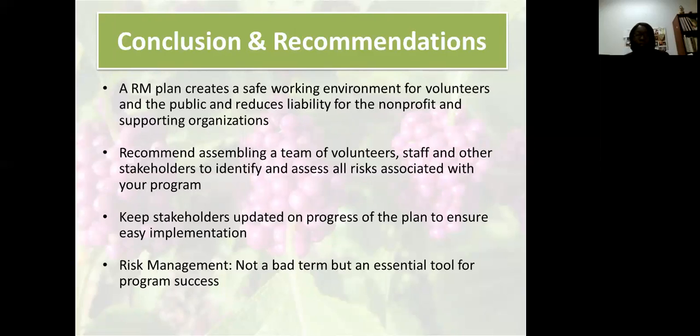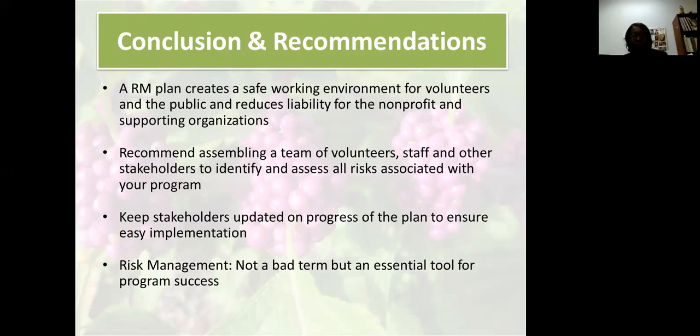So a risk management plan creates a safe working environment, not only for the volunteers and staff who are here on site, but for the public who comes in and visit us. And it reduces the liability for the nonprofit and for the University of Florida and Marion County Board of County Commissioners. So my recommendation to each of you is to assemble a team of stakeholders, your volunteers, staff, and anyone